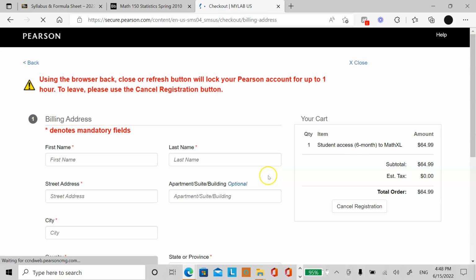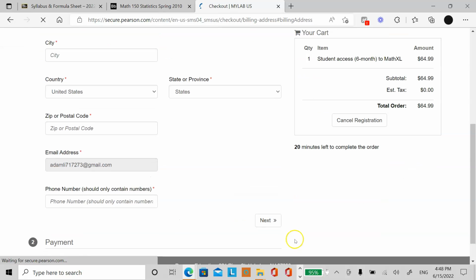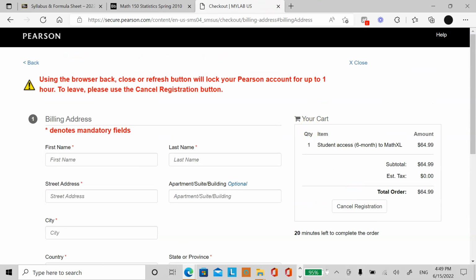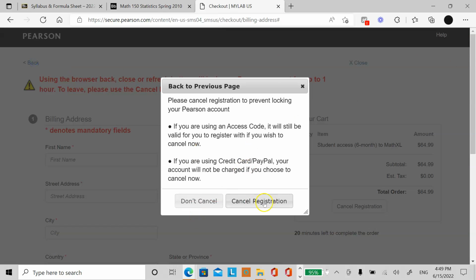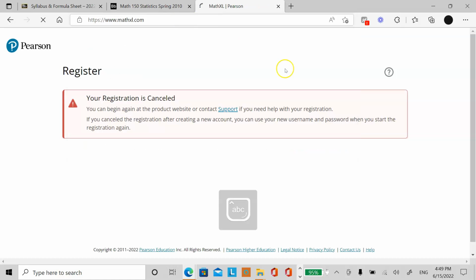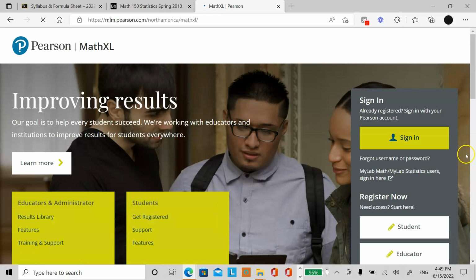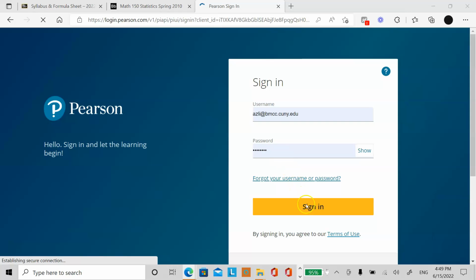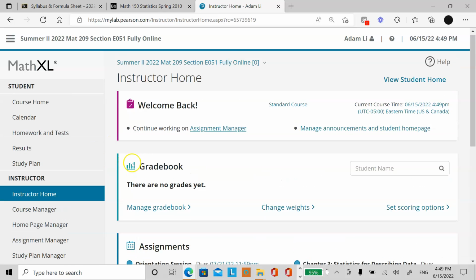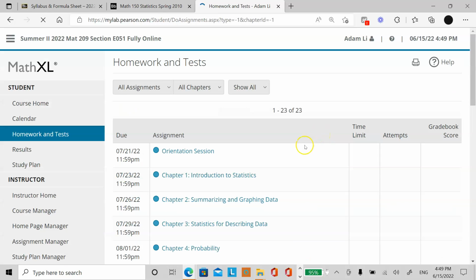And it will guide you to the payment information and billing information. Once you purchase access, you're going to have access to our homework system. Once you have access to the homework system, I'm sure you'll see what it looks like in your account. Again, go to mathxl.com and then sign in. Once you sign in, you're going to have access to all the homework assignments and quizzes as well as the